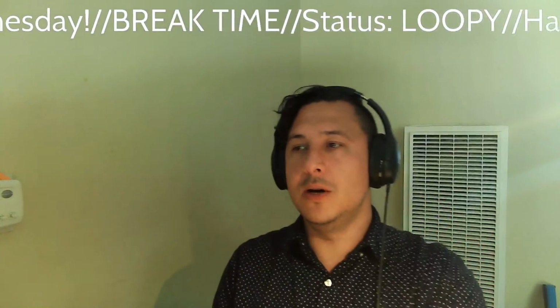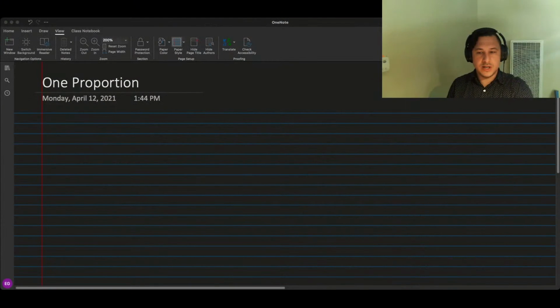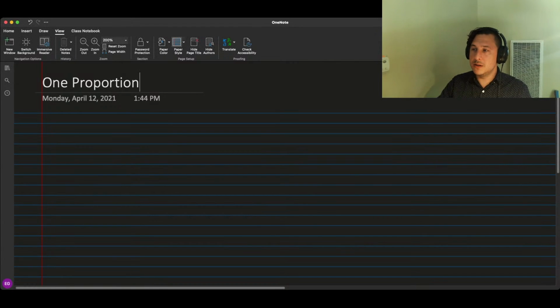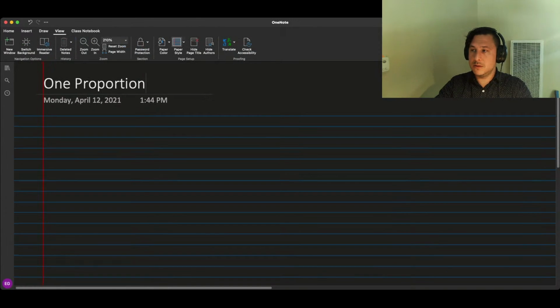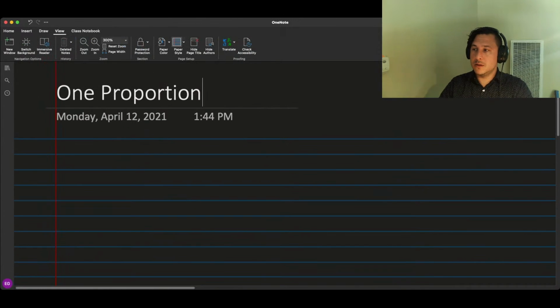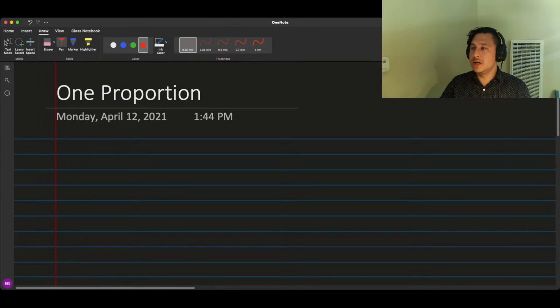Cool. So let me change to window mode. I'll try not to do too much. Okay, so this is in the book. Oh crap, I need to zoom in. In the book,